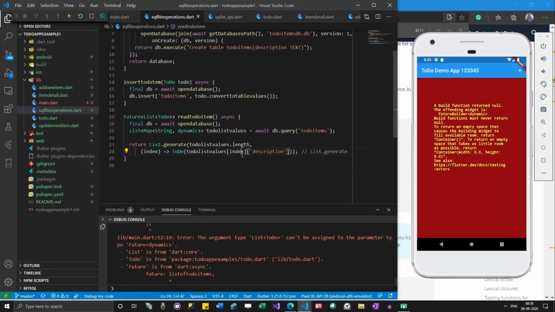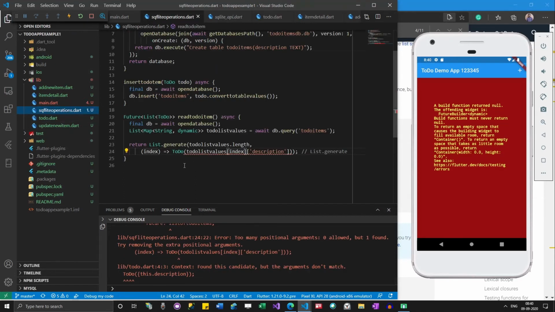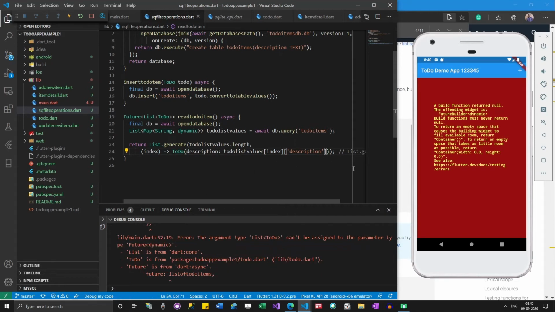Okay, so like this I can do. For example, if you are having more columns, you have to give a comma and then specify them. In order to make things much better, I can go here and make it an optional parameter, which helps me improve the syntax. I can give something like this, which will be much better to read.